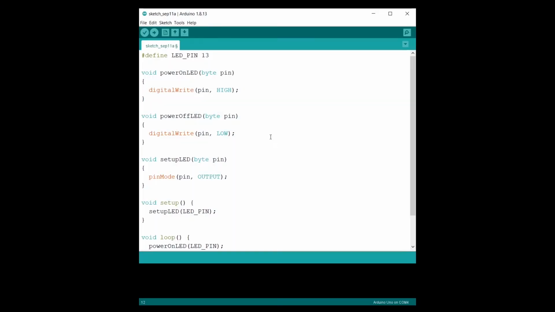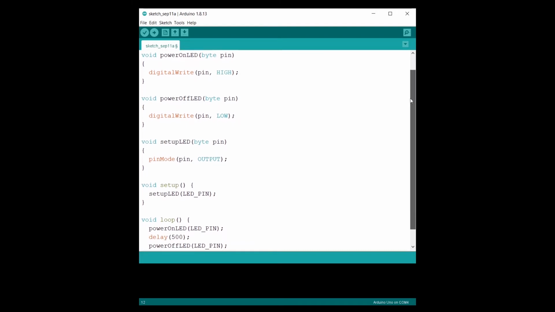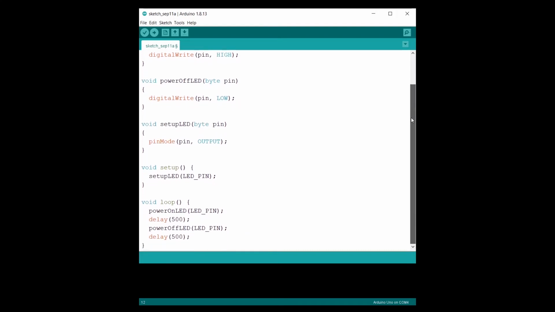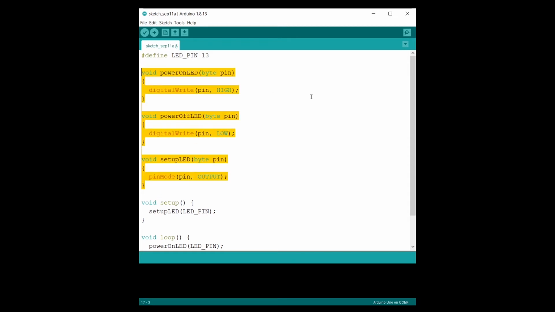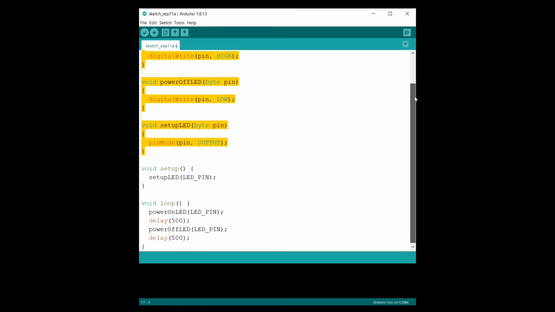So right here, I have created a new Arduino project. This is a new sketch. And basically, this is the blink LED example, but I have put the Arduino functionalities inside custom functions here. So I have 3 custom functions. And what I want to do here is simply to put those functions inside a different file. So in my main file, I only have the define for the LED pin, and I only have setup and